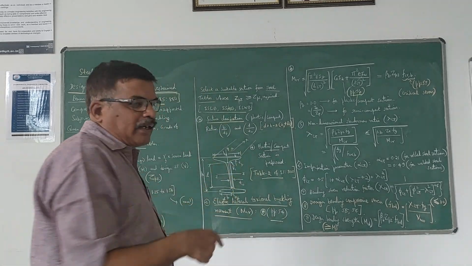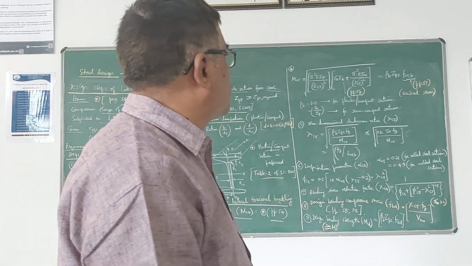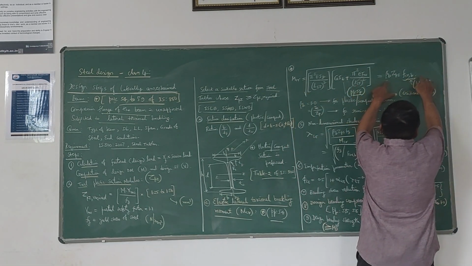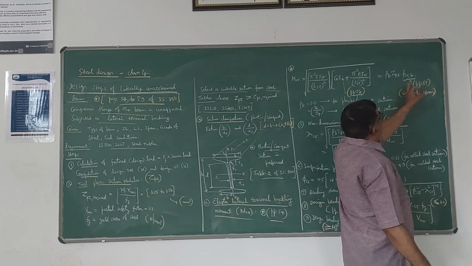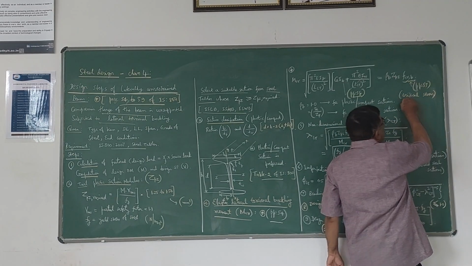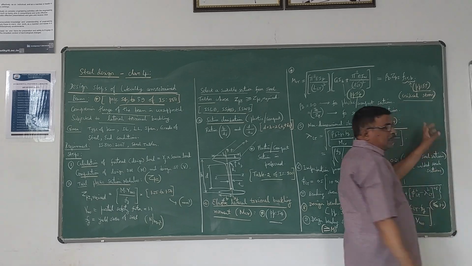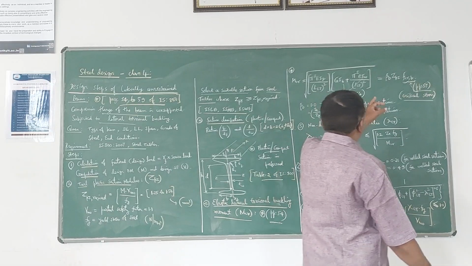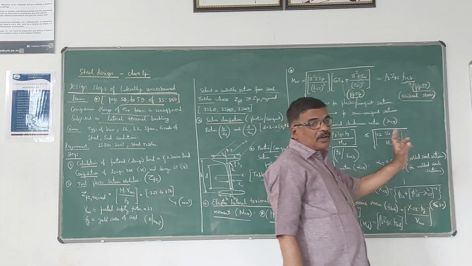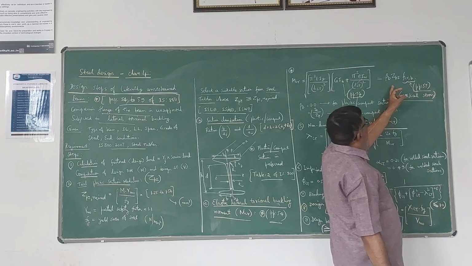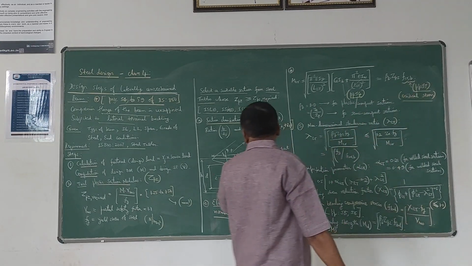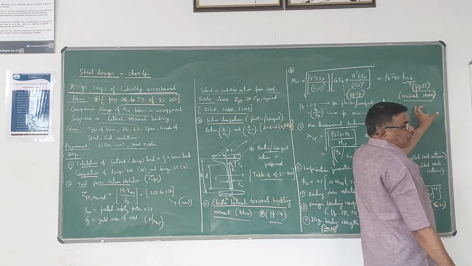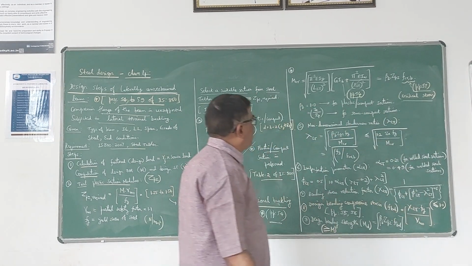Then that also can be written as beta B into ZPZ into FCRB. So either you can use this formula or you can use this formula. Actually, values of FCRB, which is called the critical stress, are given in the form of a table in page 57. I think it is better if you use this one, then you need not calculate this. So directly beta B, ZPZ is for whatever we have chosen for this section, and FCRB is obtained from the table which is given in page 57.